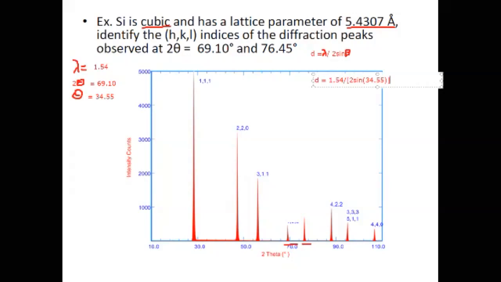All right. d equals 1.54 divided by sine of 34.55 times 2. And then we get a d spacing of